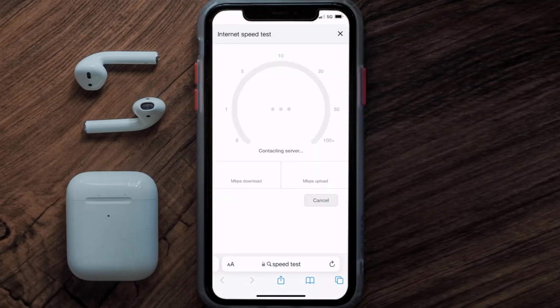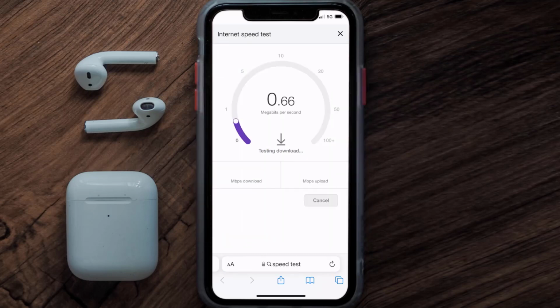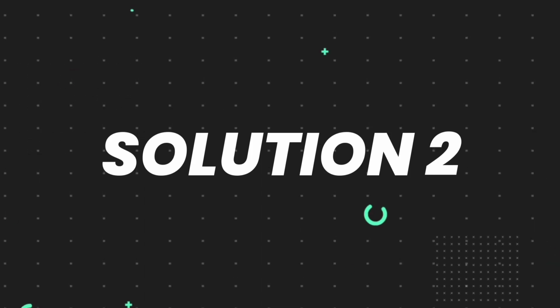The minimum speed required for Kentucky Lottery app is usually 2 to 3 Mbps, so if it's anywhere near or above this number, that's fast enough. If your internet speed appears to be unreasonably low, then you may need to contact your internet service provider for help. This should fix the issue, but if it doesn't, then you need to make sure you're running the latest